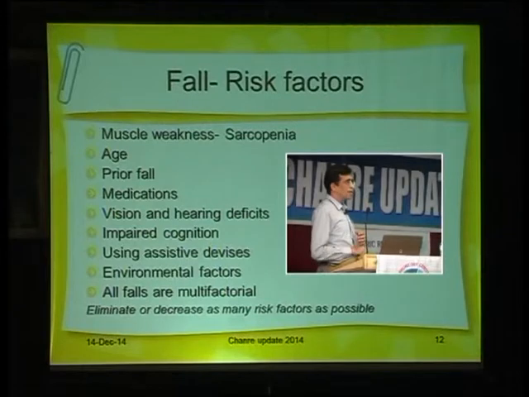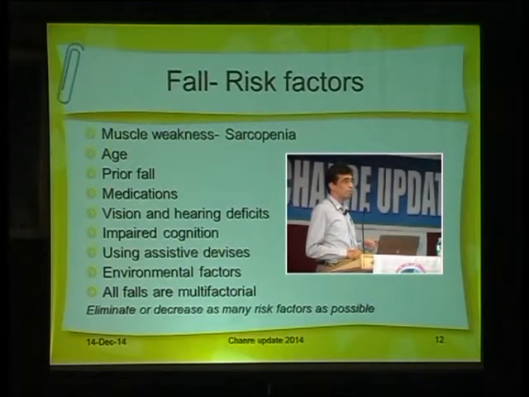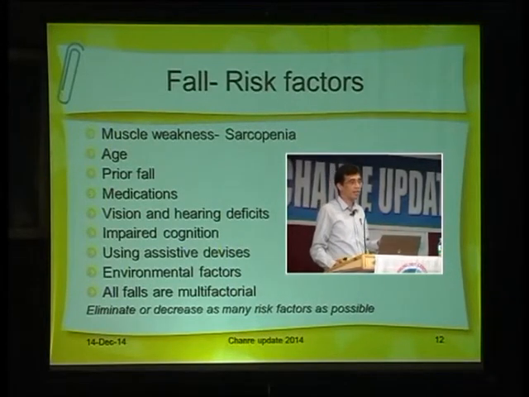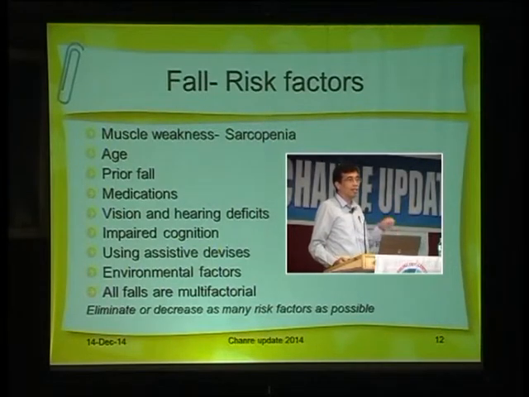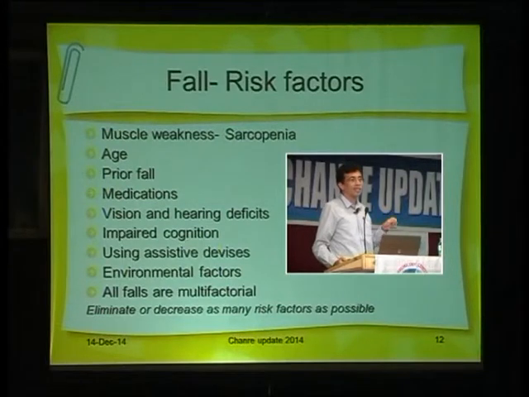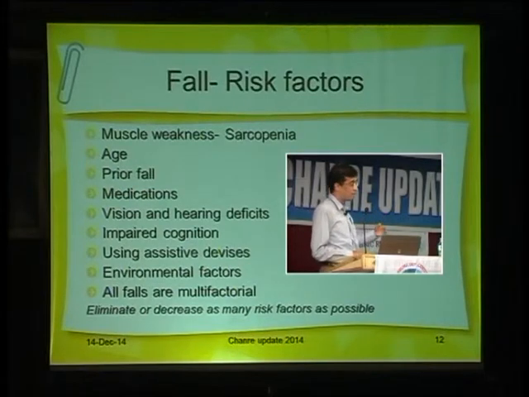If somebody is using an assistive device, this is a clue that they might be at risk, because the elderly resist. Even a 75-year-old person says, why don't you use a walking stick? I'm not old, doctor. So if 75 is not old, what else is old? But they feel ashamed of using a walking stick. If an elderly person decides to use a walking stick, that means he is really scared to walk. So this is an individual we should evaluate for other risk factors.